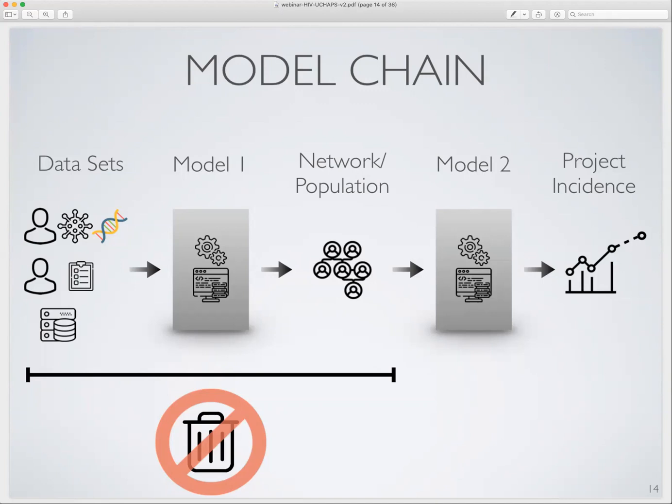Here, for example, the first model is designed to reconstruct chains of transmission and sexual networks. Then you can hook up a second, different model that can be used to project incidence based on a given intervention. Okay? So now let's move on to a second example that actually uses this other type of model